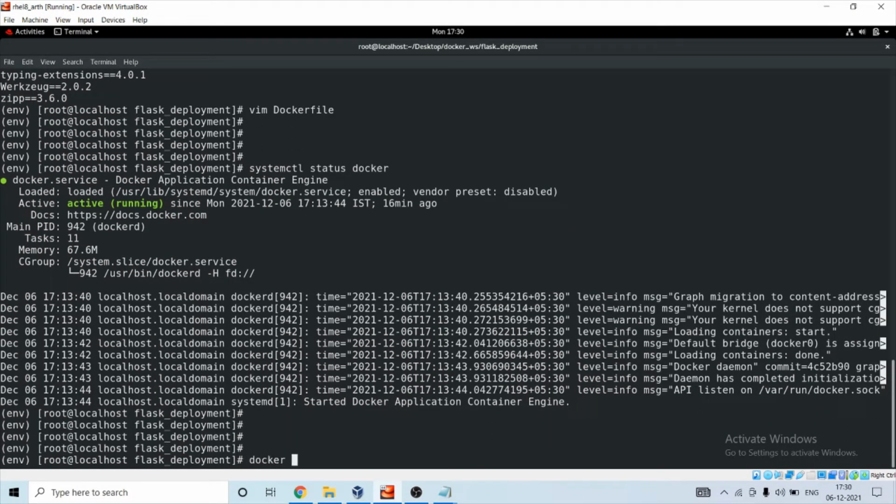So let's run docker build -t flask-app:latest . By this command we are tagging our image with this configuration, and the dot means it will look for the Dockerfile in the current working directory.